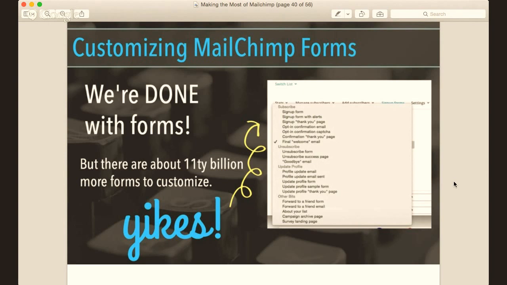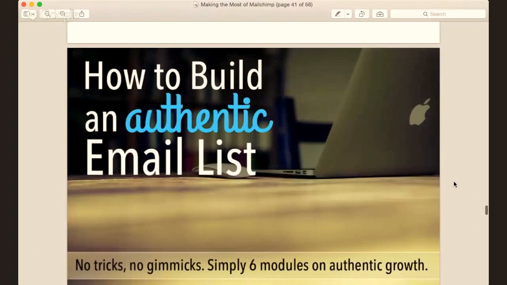I think the goodbye email, I'm not sure if that's optional or not. That might be a good place to try to keep people. I think I give them something. I think I did actually set up most of these, like the unsubscribe form. I put a funny picture again, which would either tell them it was a mistake, or it would tell them yes, I definitely want to be off this list. So it was personal. So you can take some time to do